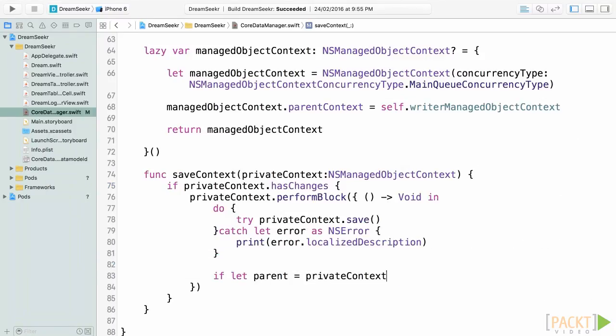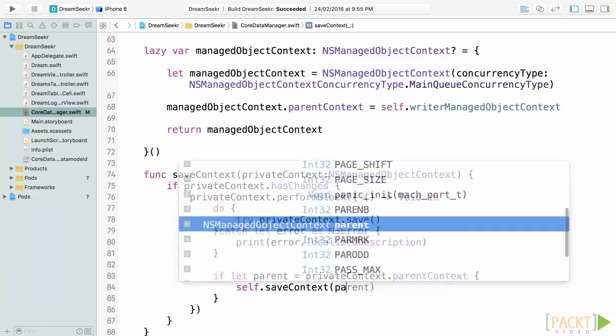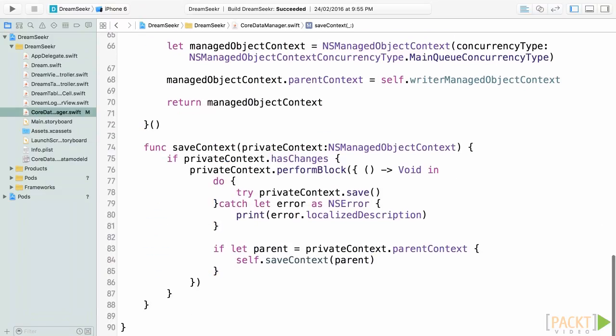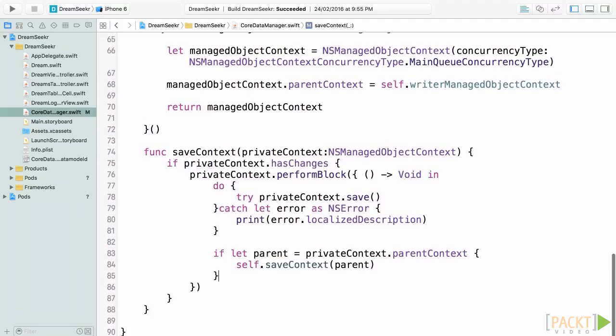So now we have all the code that we need in order to set up our database and to get things going. And so, now that we've created our Core Data manager,